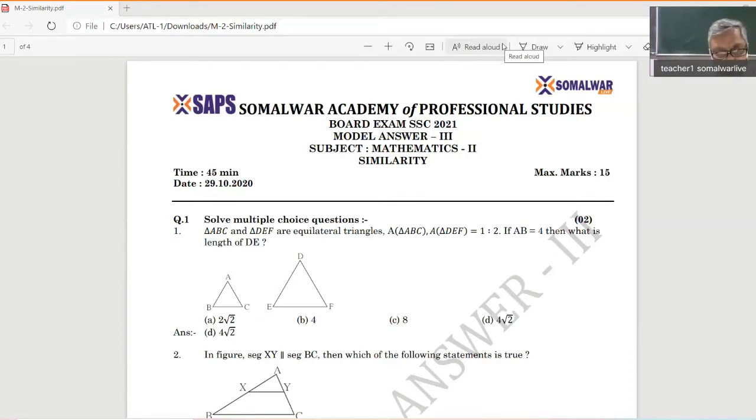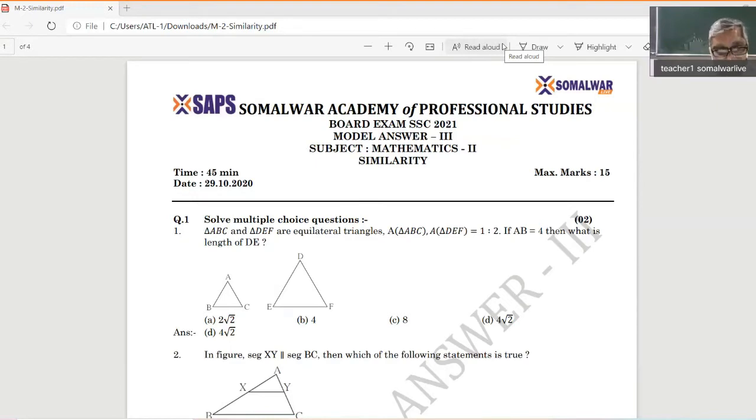Between two triangles, similarity will be there only if all three angles are correspondingly congruent with the three angles of the other triangle. If the sides of one triangle are in proportion to the sides of the other triangle, then also the triangles are similar. And the third test: if two corresponding sides are in proportion and the included angle is also congruent, then we can say both the triangles are similar. So with these three basic tests of similarity, we'll start